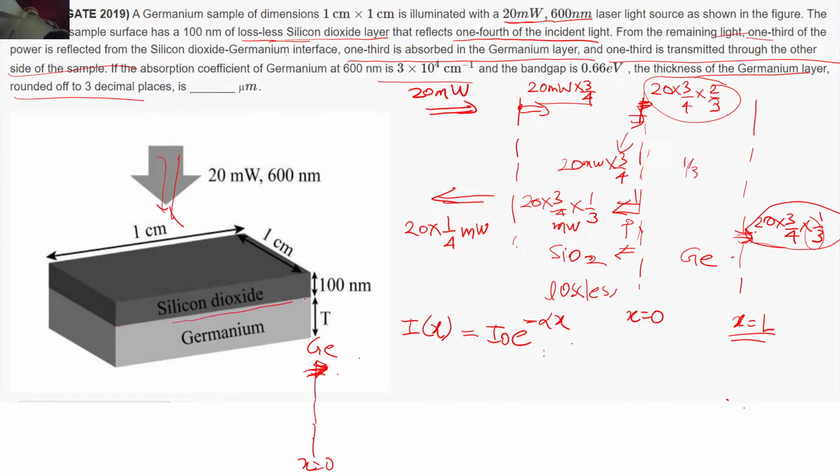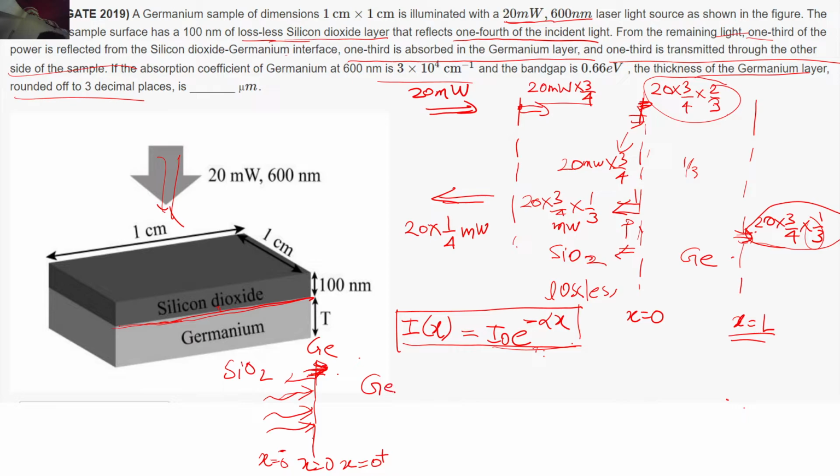See, this is an interface, right? We had never encountered this type of numerical. This is the interface, and this is x equal to 0. Let me denote the left side as x is equal to 0 minus, and this side as x is equal to 0 plus. So what we always assumed in this formula was that whatever incident power I have at the germanium will decay exponentially, but this equation does not take into account the reflections that may happen at this interface, because on the left I have SiO2 and on the right I have germanium. So there is a discontinuity between the materials over here, so some power is going to get reflected, and this is what they have given in the question.